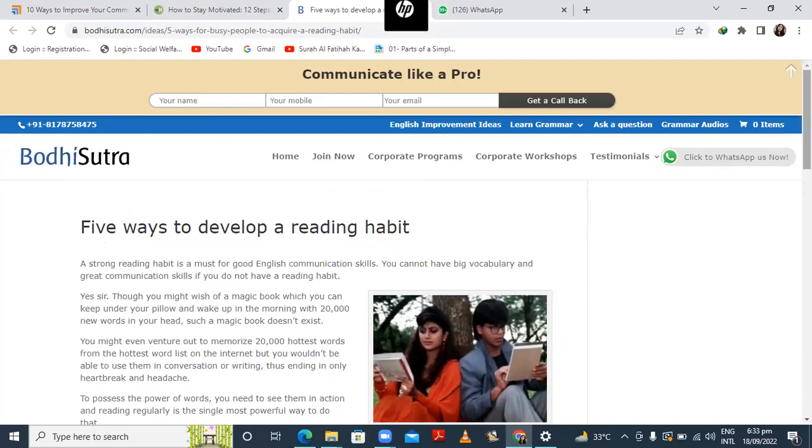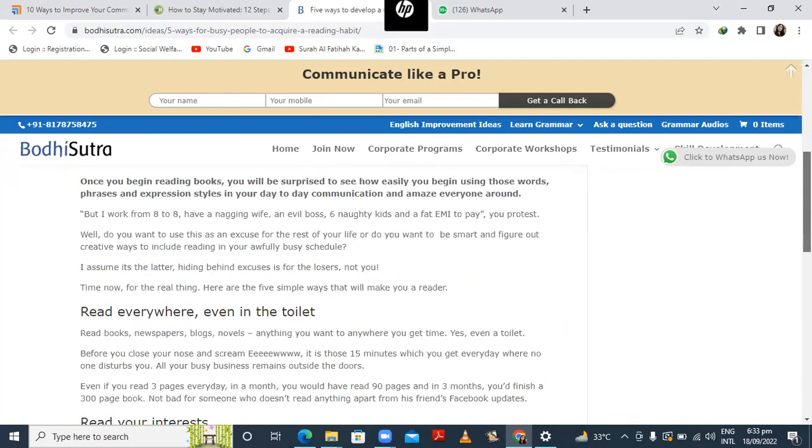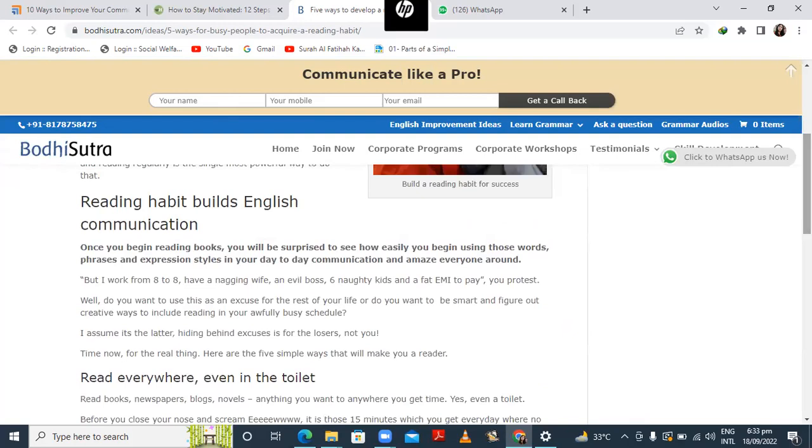Now, 5 ways to develop a reading habit. The first one is reading habit builds English communication. That is very evident. What is the author doing when he or she is writing a book? Communicating with us, right? The author is trying to communicate with our thoughts. So when you read a book, it will help you a lot in how you can communicate with people